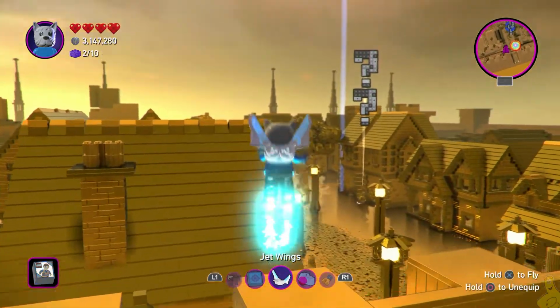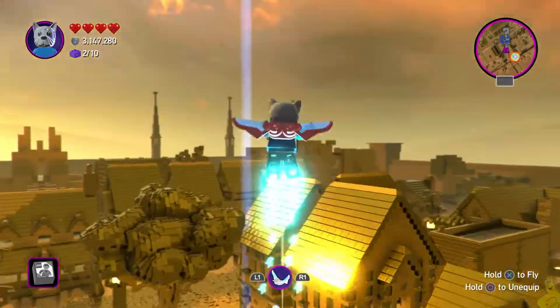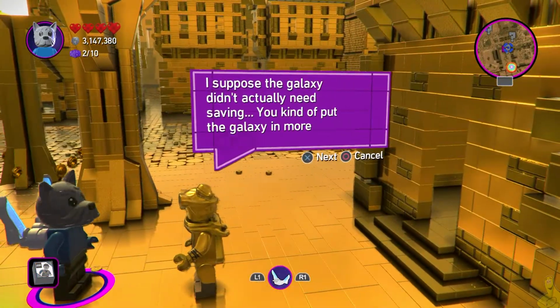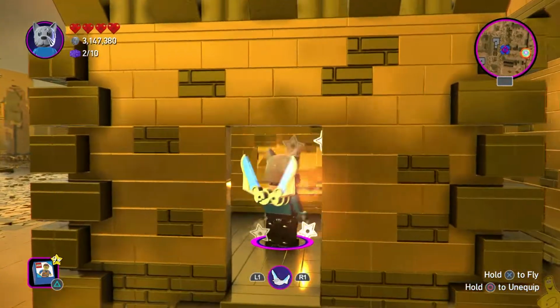We can go ahead and target the next area, which in this case happens to be a quest. Fooled you. There's no quests. See, look, this is a wild style. Yeah, it's a golden wild style. You saved the galaxy. Whee! Oh, congratulations. And basically, this is your reward for...